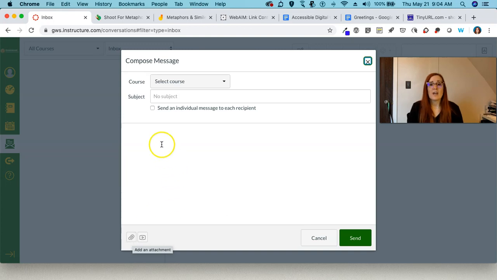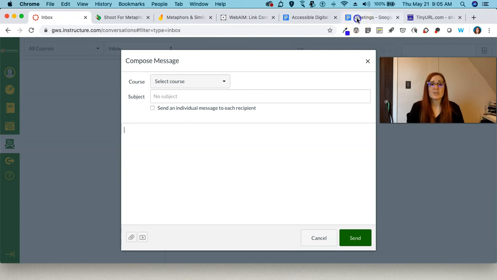Now I could share it as an attachment and feel good about the level of accessibility of my attached document. Another option for improving the accessibility of the message composition would be to create your information in something like a Google Doc or Word Online document that could be shared using a link.